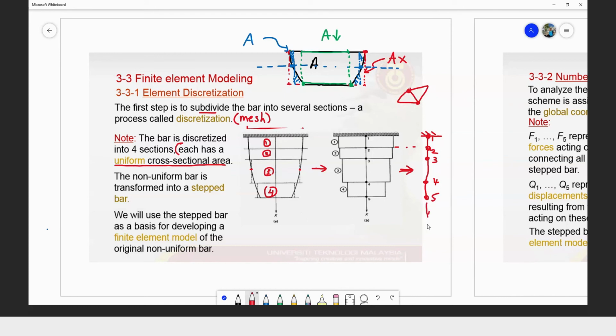Considering kita punya x direction is positive downward. So this is the positive x directions. And then